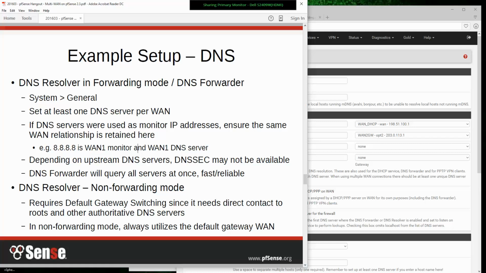But it does depend on those upstream DNS servers. And because the quality of those forwarding servers varies a bit, you might find if you're using the DNS resolver, you may or may not be able to use DNSSEC in those particular cases. If your forwarders aren't high enough quality, if they don't support it, they monkey with results and so on. So if DNSSEC is important to you, which in this example it is, then that's not going to be an option. So we're going to have to use the DNS resolver in non-forwarding mode,